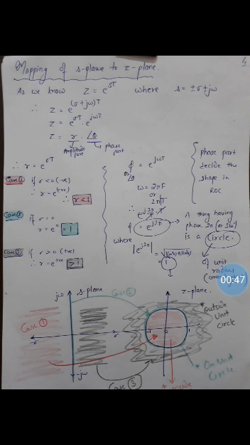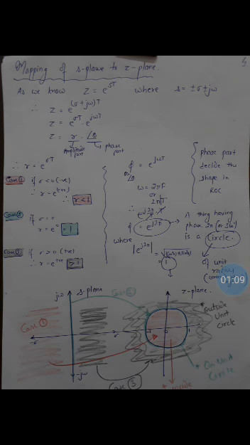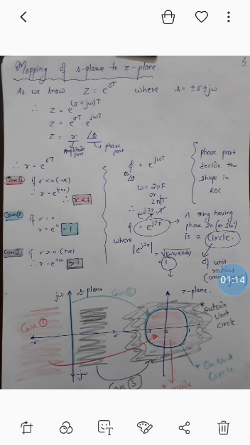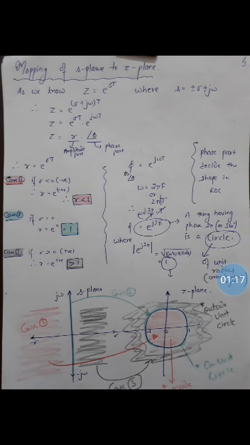Now we can see the phase part. The phase part is e raised to power j omega t, where omega is 2 pi f or 2 pi by capital T. If we put omega equals 2 pi by T in e raised to power j omega t, we get the phase part e raised to power j 2 pi by T into t, where T cancels out T. So the phase part is e raised to power j 2 pi, where 2 pi shows the 360 degree. Only a circle has a complete phase of 360 degree.